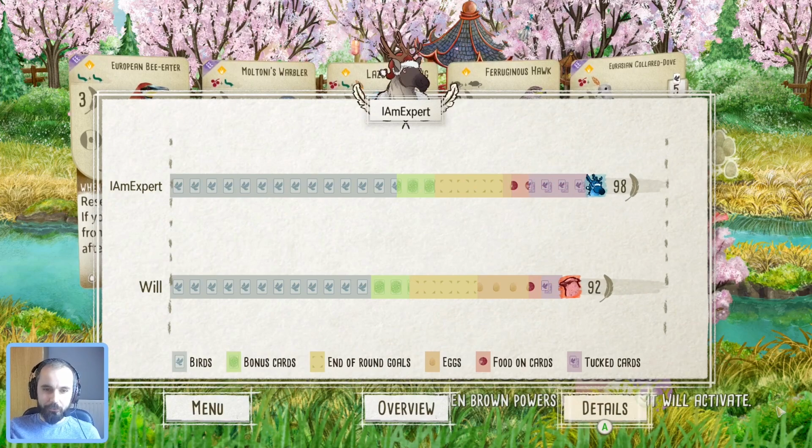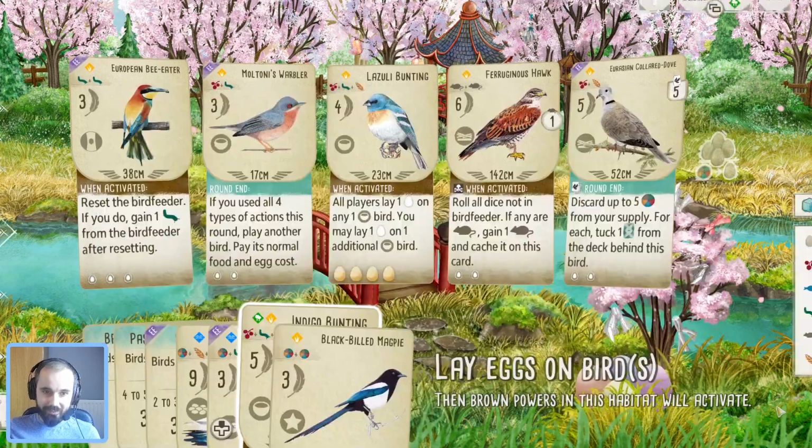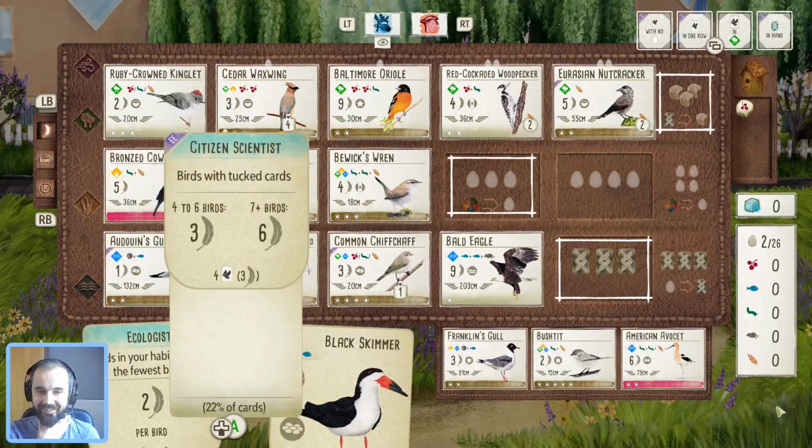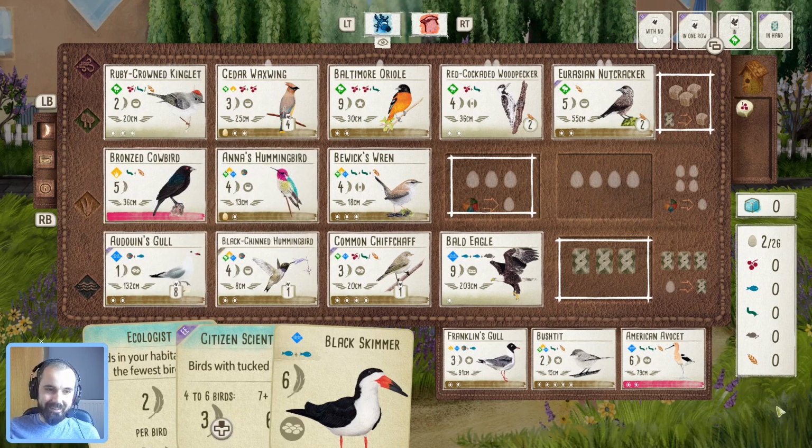98 is the score that wins the game against 92 for us. So yeah, let's take a look. It was ecologist, a citizen scientist. Okay. Actually not a bad pickup here when you got Chiff Chaff, guaranteeing yourself some points there. So yeah, definitely a strange game. Definitely a strange board, I think, on my opponent's side. Definitely curious about the Chiff Chaff setup. I feel like that could have been